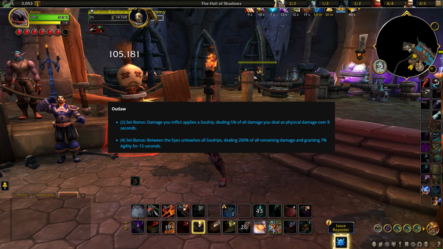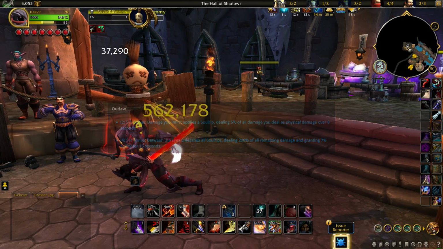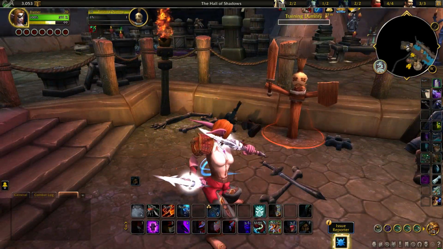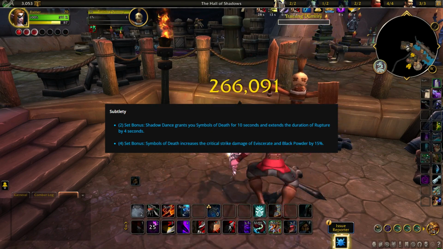The 4 set primes between the eyes, causing all souls to erupt, dealing 200% of the remaining damage while buffing your agility. And finally, we have the spec of Subtlety Rogue. The Subtlety 2 set bonus causes Shadow Dance to automatically activate Symbols of Death, while extending the duration of ruptures